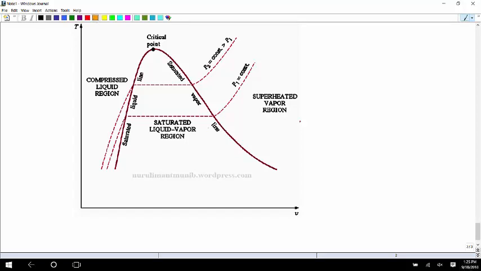So this right here, so let's say at a constant pressure, which is what we're looking at,